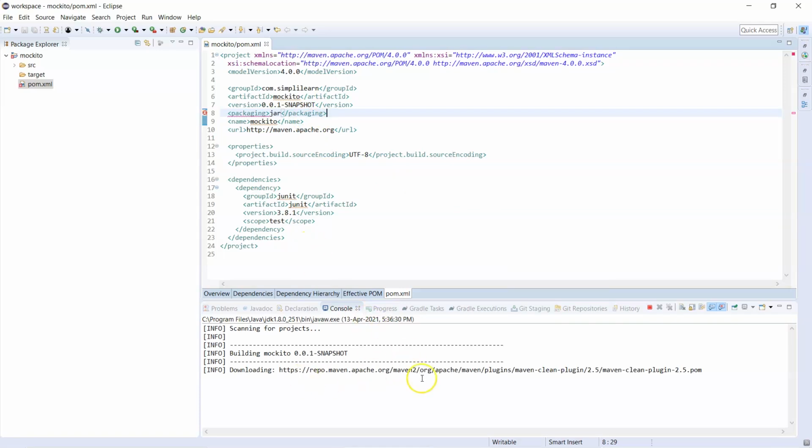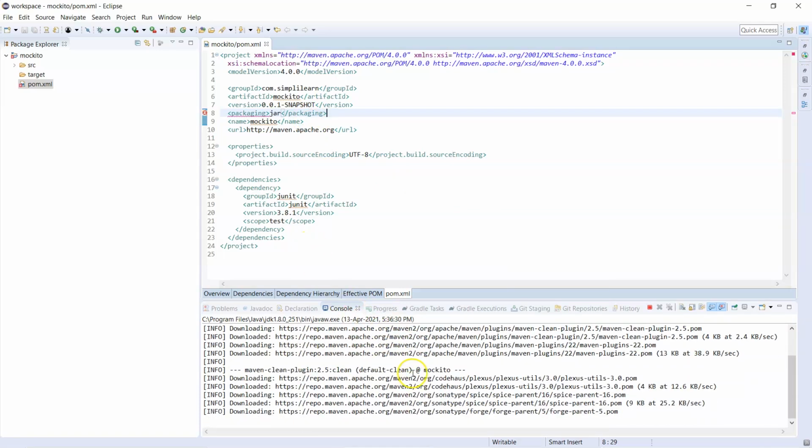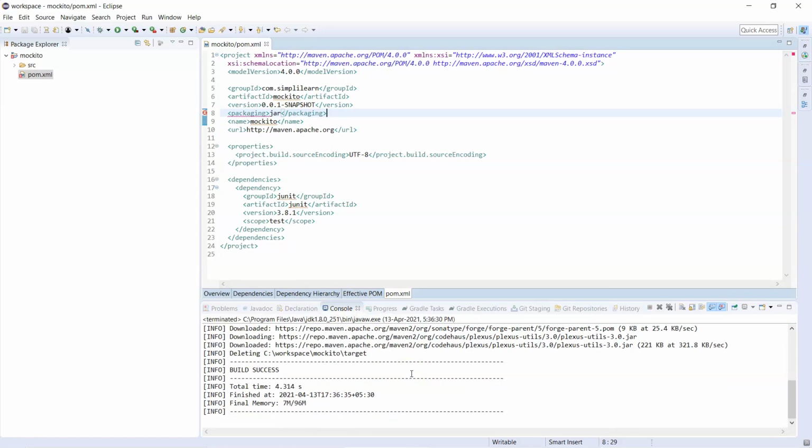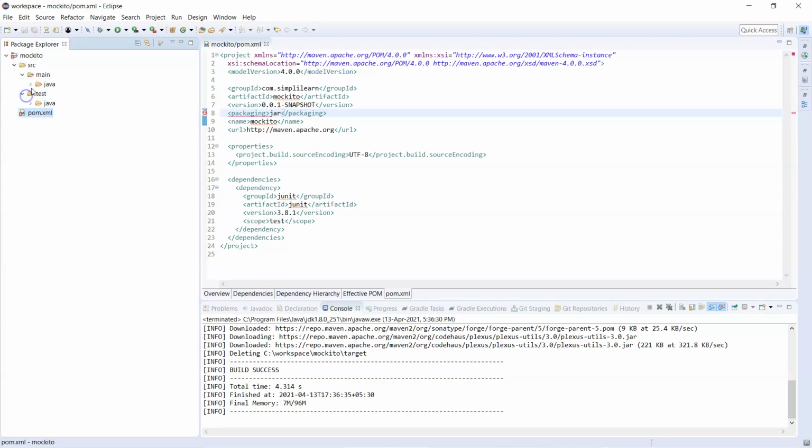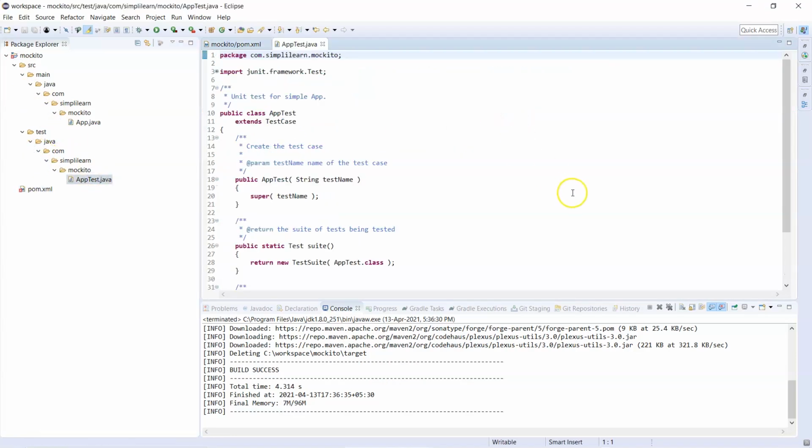So according to that, Maven will be downloading certain plugins, and it's trying to do some particular process over here. On the left hand side, the source, main, test, the same packages are available there, and the app test is available there. So here the test